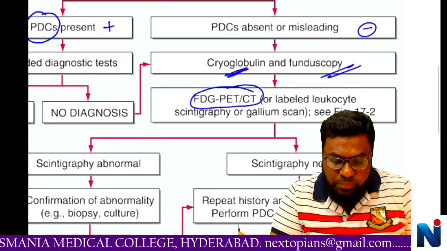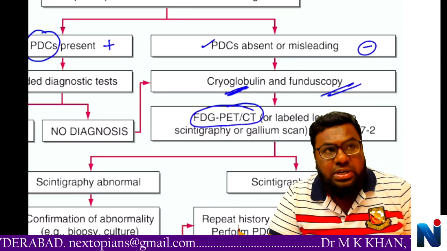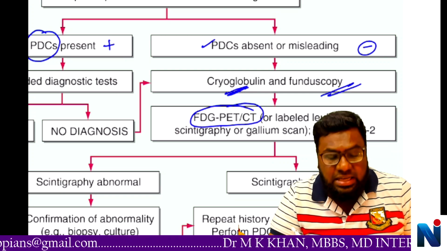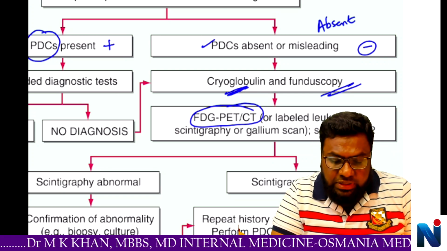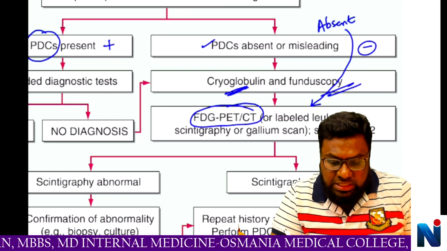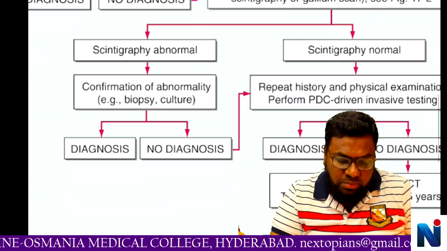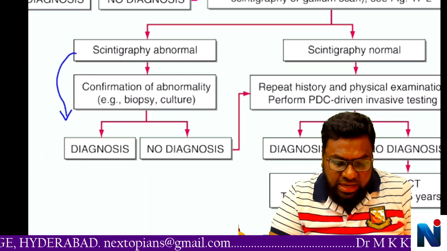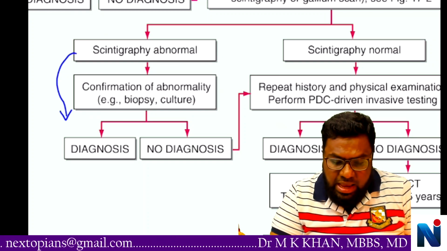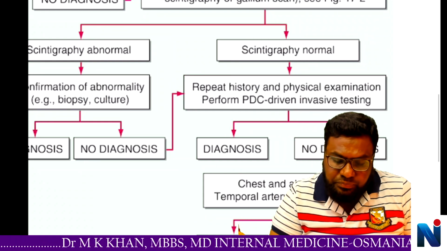They'll ask you, PET CT is indicated when the potential diagnostic clues, PDC means potential diagnostic clues, are misleading or absent. This point will be coming as a question for you. If it is absent, then the indication is PET CT, right? If the PET CT is abnormal, then you come to a diagnosis. If the diagnosis is not made, and also if the PET CT is normal, then what you'll have to do is